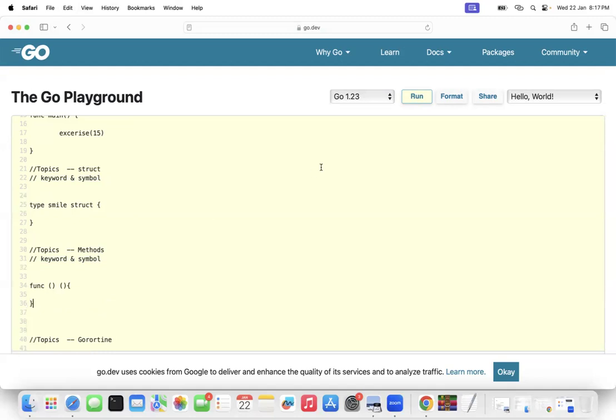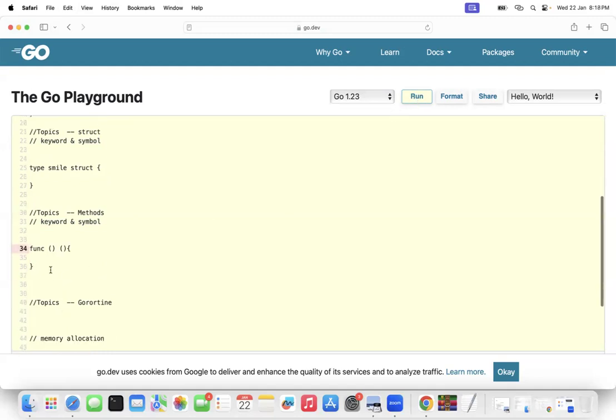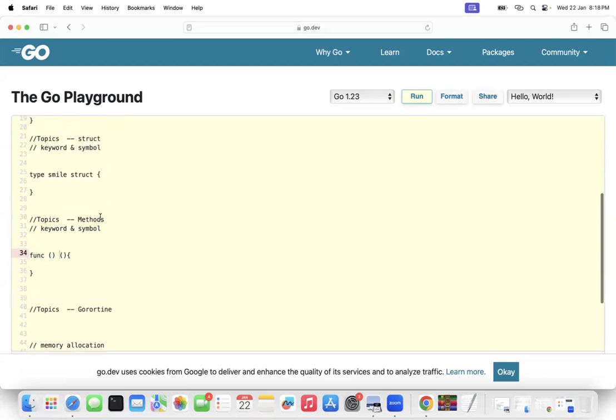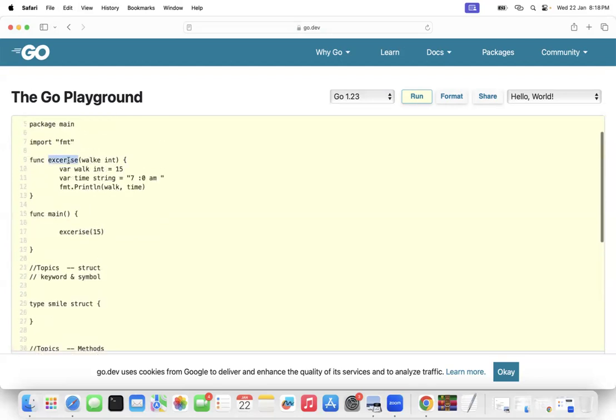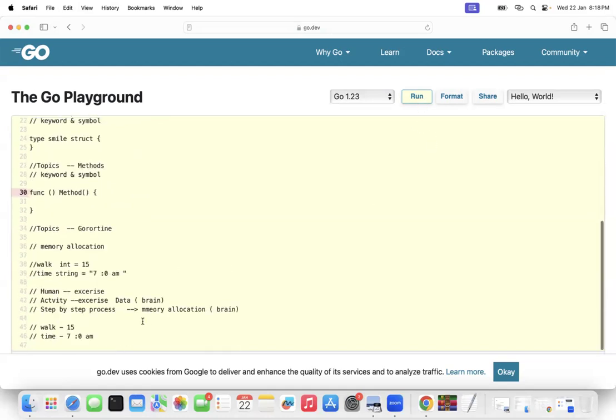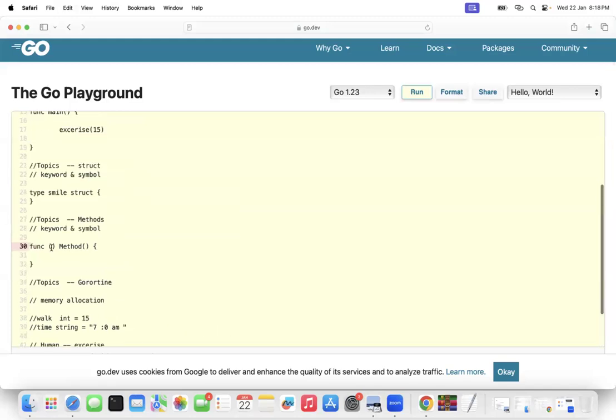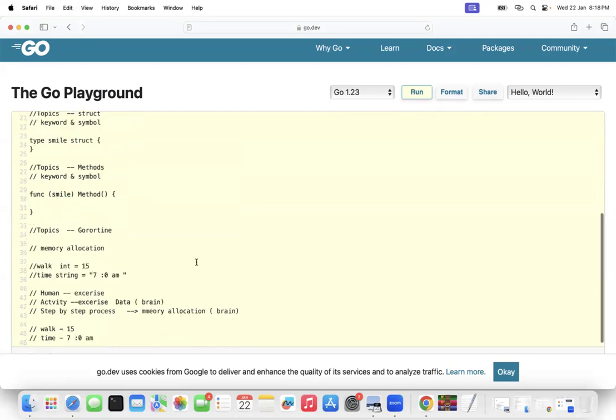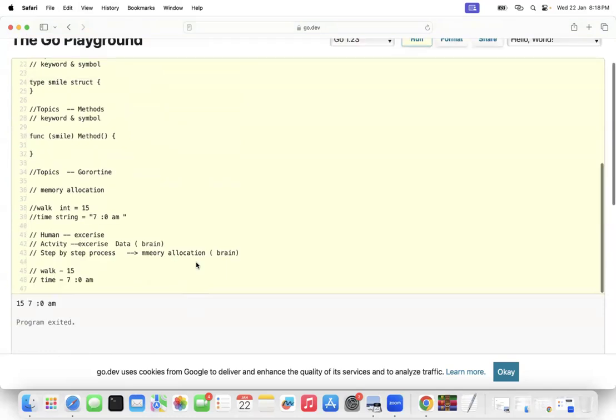It's like in Python, you have methods, right? So you have the same thing. The syntax of a method is you will write two round brackets and then a curly bracket. And here you have to specify the method name. So here you're writing only one time. Here I write two times, and I'll write down the name of the method. Name is methods. And then here you have to specify the name of the structure. This method belongs to the structure. So you have to specify like this. So now my program is not throwing an error.